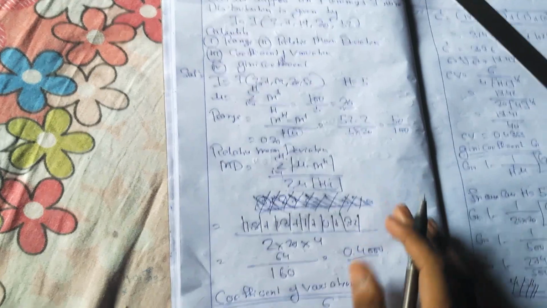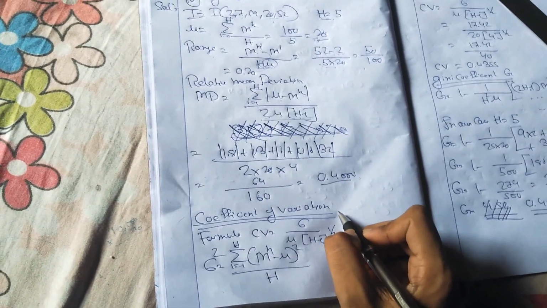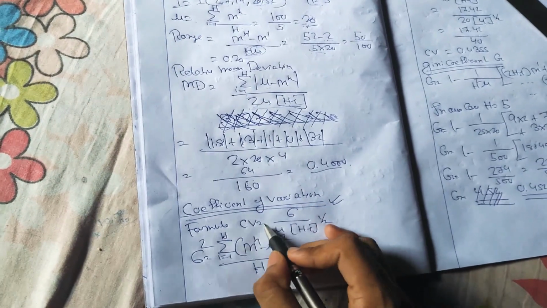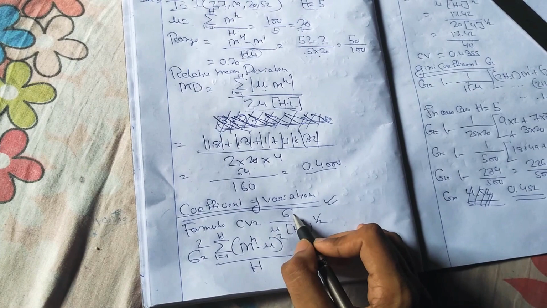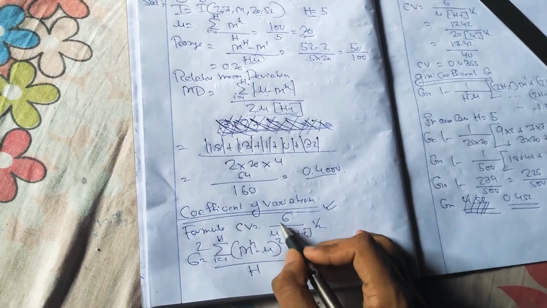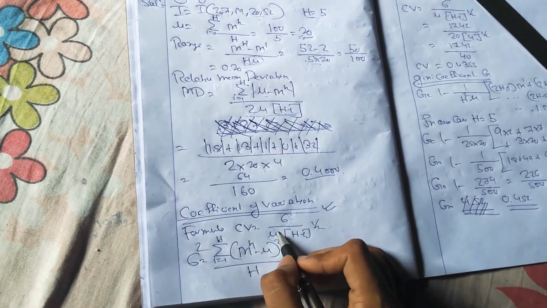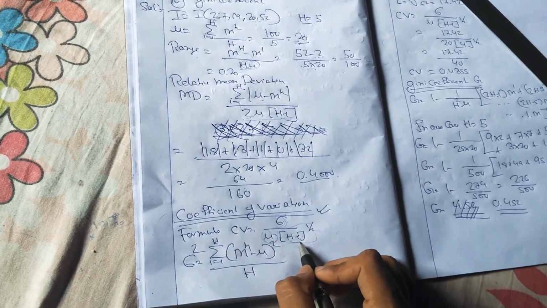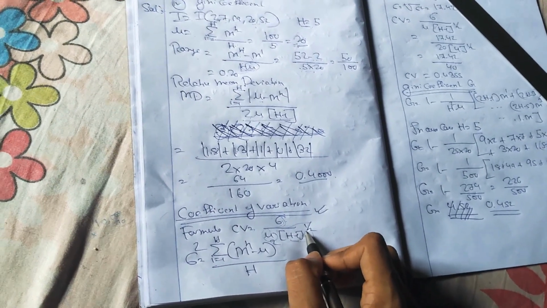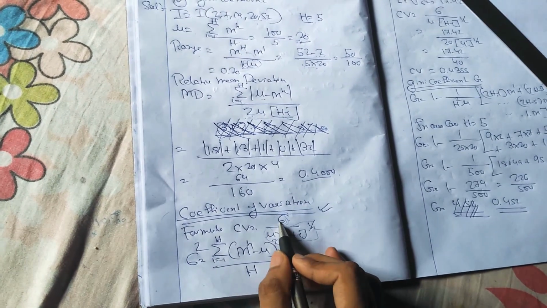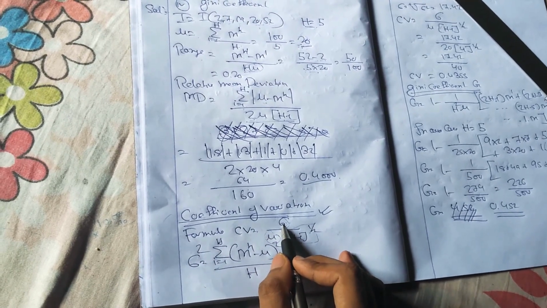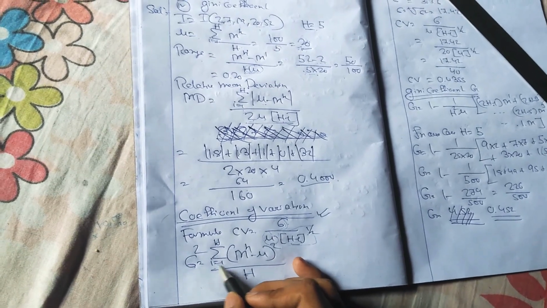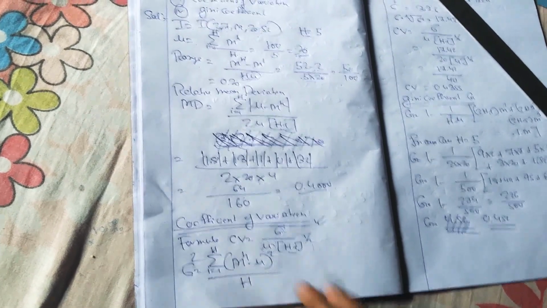Our next measure of income inequality is the coefficient of variation, which is probably the most important one. The formula for coefficient of variation is the standard deviation of the income distribution divided by mean income of the society, times the normalizing factor, which is the square root of H minus 1, that is, (H minus 1) to the power half. Sigma is the square root of the variance of the income distribution. Variance is the summation from 1 to H of (m_i minus mu) whole square, divided by H.